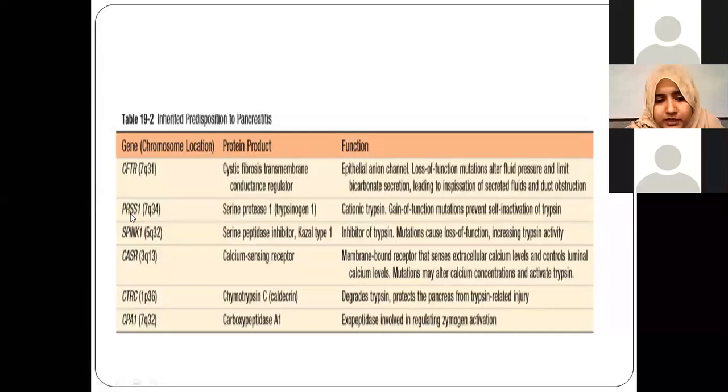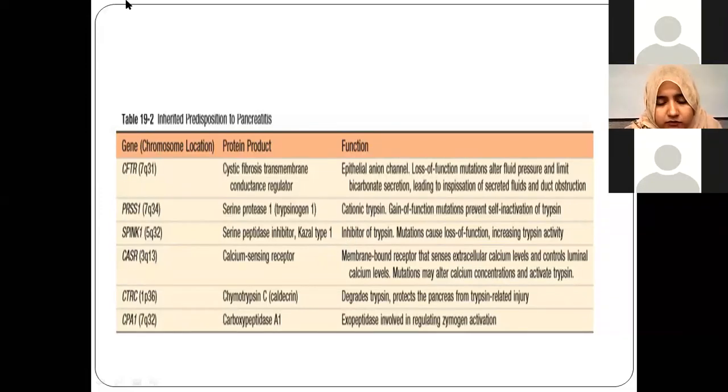And with PRSS1 gene mutation, there is gain of function mutation which prevents self-inactivation of the trypsin. So when there is gain of function of PRSS1, trypsin will not get inactivated, and will continue its autodigestion and proteolytic activity. SPINK1 gene, there is mutation and it's a loss of function with increasing trypsin activity because it's an inhibitor of trypsin. And CASR is a membrane-bound receptor that senses